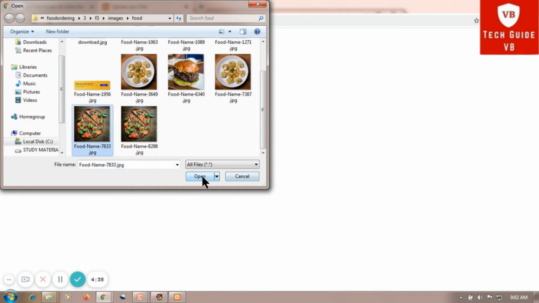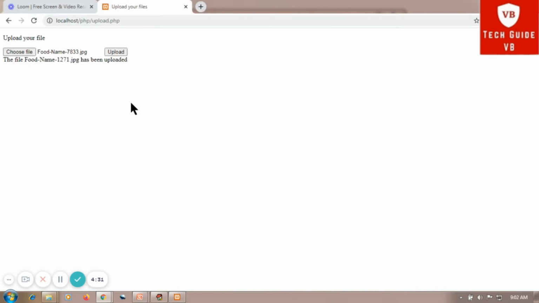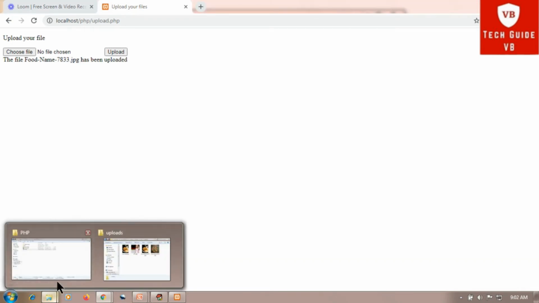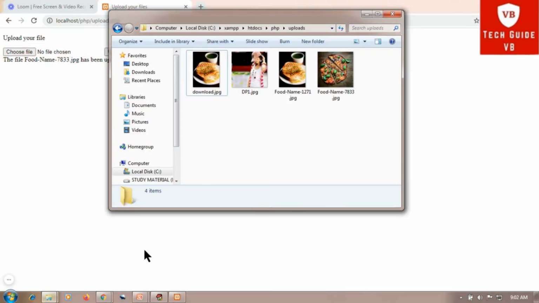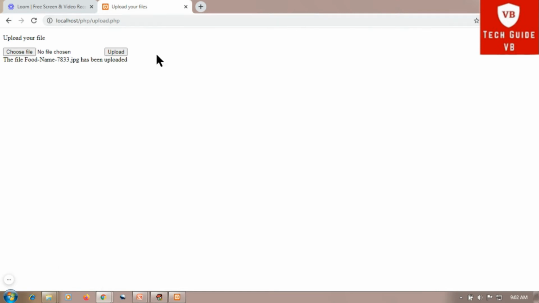This is the file I have chosen, and now I will upload. The food name 7833.jpg has been uploaded. The fourth file is uploaded. So this is how PHP file upload will work.